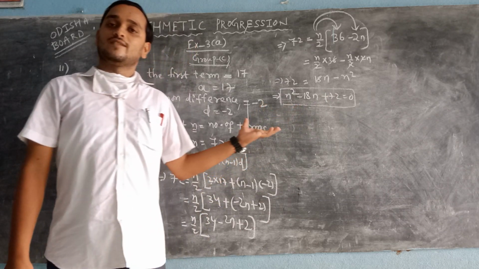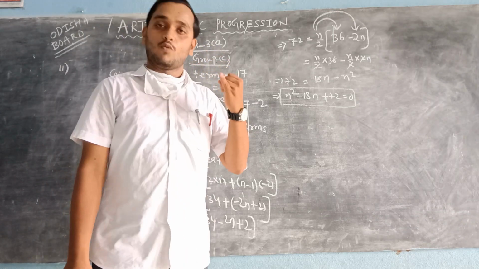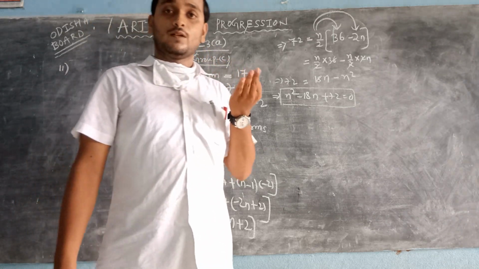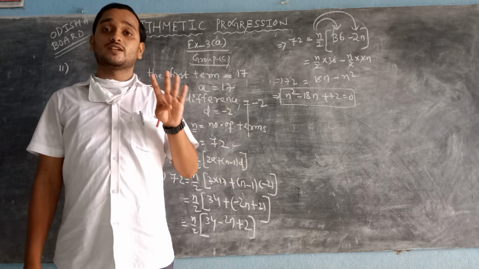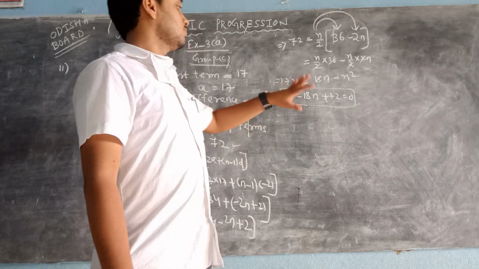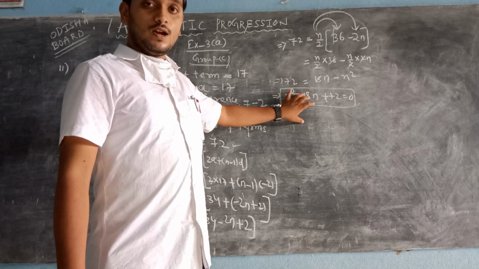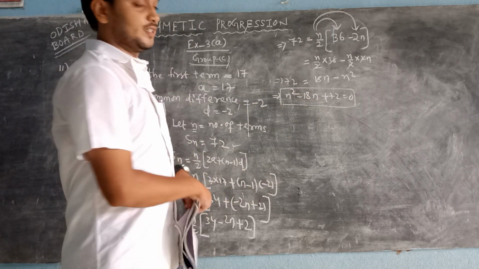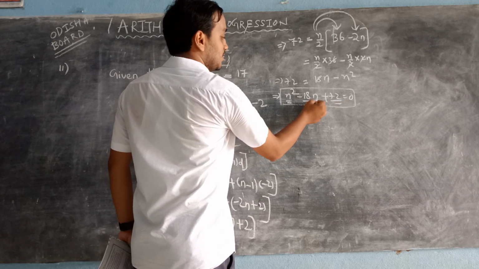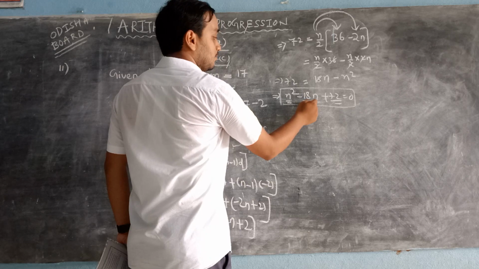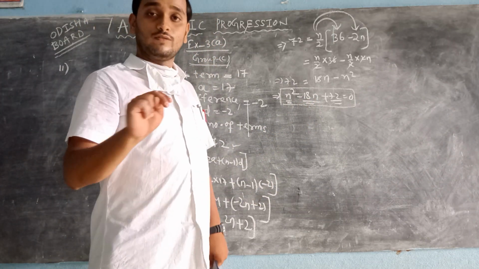See, we have different methods to solve the quadratic equation. One is factorization method, one is completing the square method, and another is which method? Quadratic formula. Now it's very simple to solve in factorization method. Factorization method means to split the middle term. Listen, this is one term, two term, third term. This is the middle term. This middle term must be broken into two values. How many values? Two values.